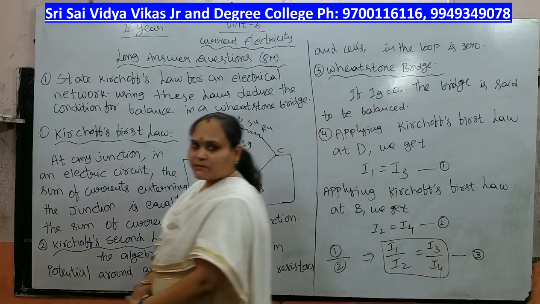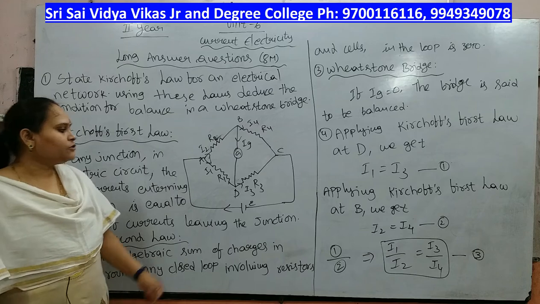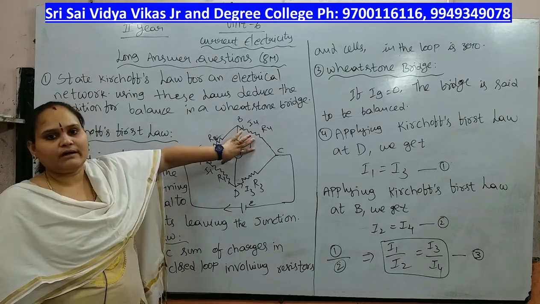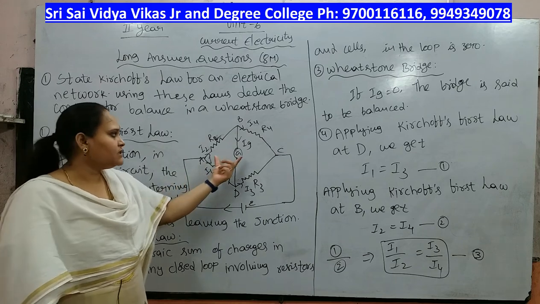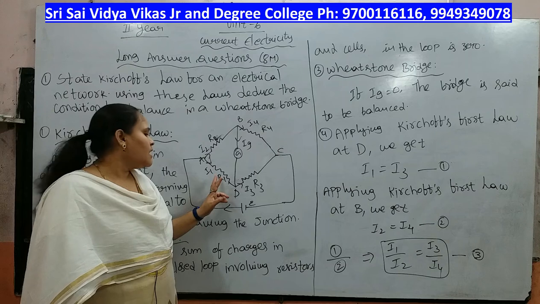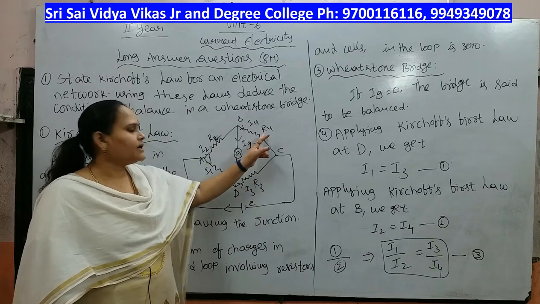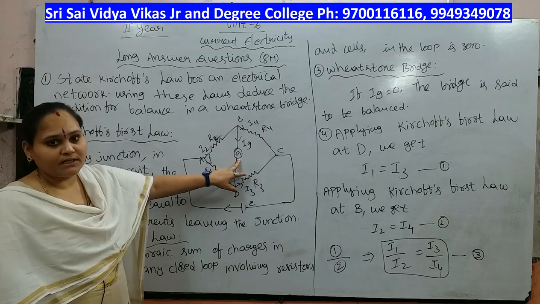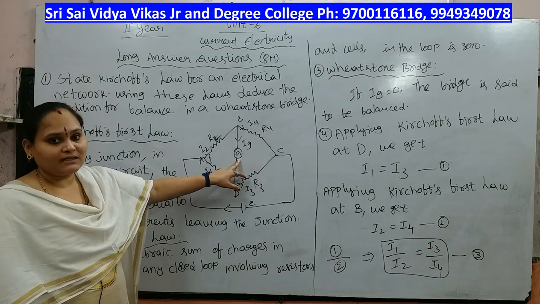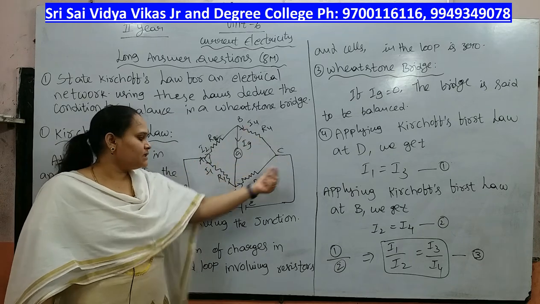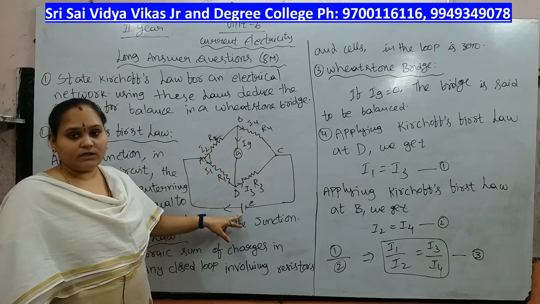So, for this purpose, first we have to draw the diagram. This is the Wheatstone bridge. Please observe it. In this we have 4 resistors, R1, R2, R3 and R4, and this is the galvanometer, with which we can measure the current. We have 4 terminals A, B, C, D. This is the voltage power supply.